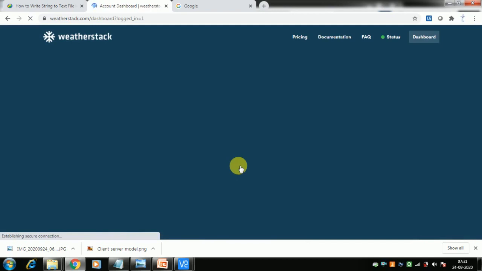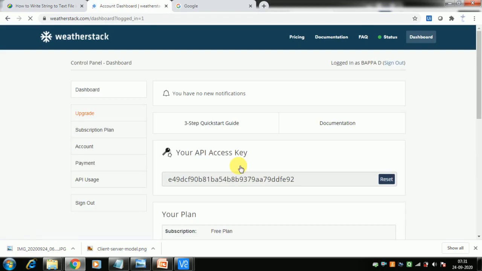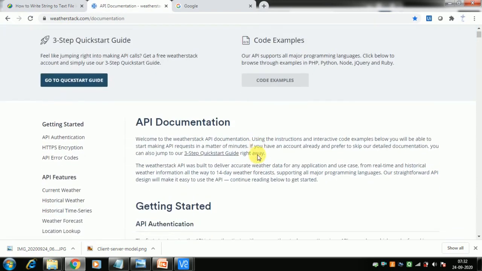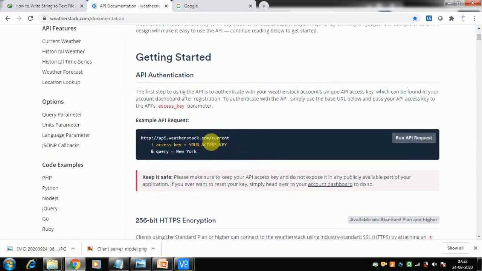JSON is a kind of format, I will show you in a minute, that sends you data, and you can use that data. So directly after you create your account, you go to documentation. Then it says run an API request.